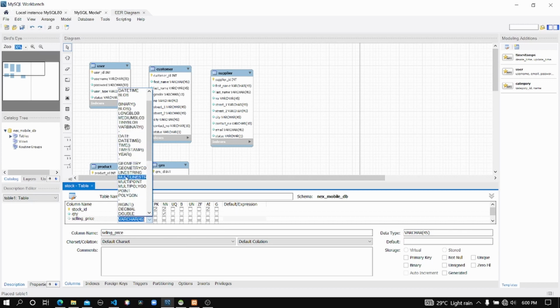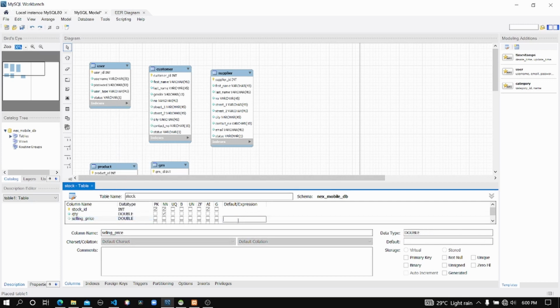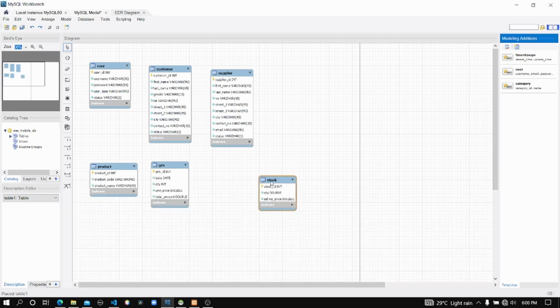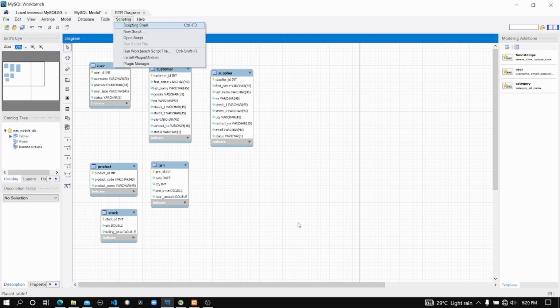But there can be no effect to the data we are storing. When we define a double value, we can store integer values, and plus we can enter floating points too. So I defined those two attributes, and here we completed our stock table,